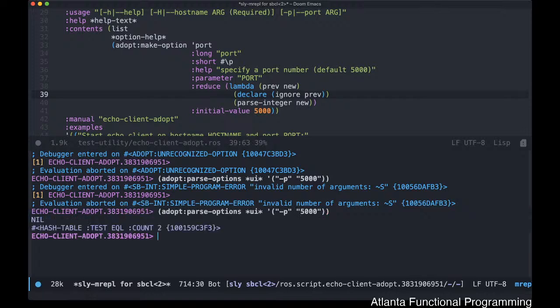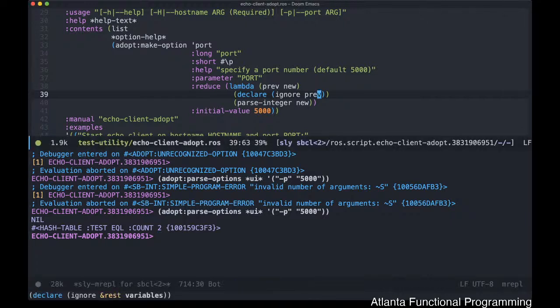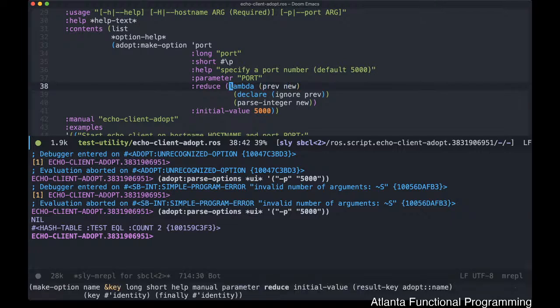Okay, so the reason why there's previous and new values is the fact that in some cases you may want to compare the two when you're actually creating your options. I'm not entirely sure in what cases that would be necessary, but